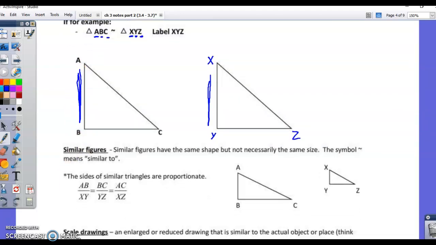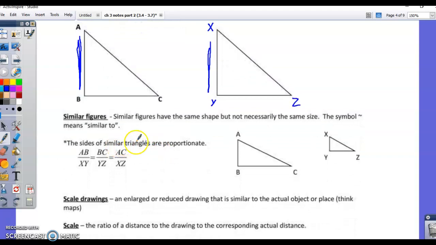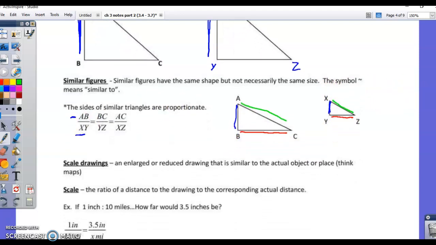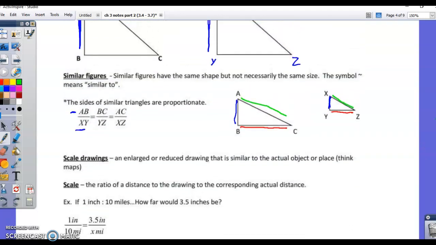So looking down at this section, which sides of the triangles are similar or proportionate? You can see we have AB right here, and that's the same as our XY. If I look at BC, what side looks the same as BC? That would be YZ in the second one. And of course, finally, we have AC, and that would be our XZ right here. That would be similar, so when we're setting those up, this is going to come into play on the next page when we do a couple of the examples